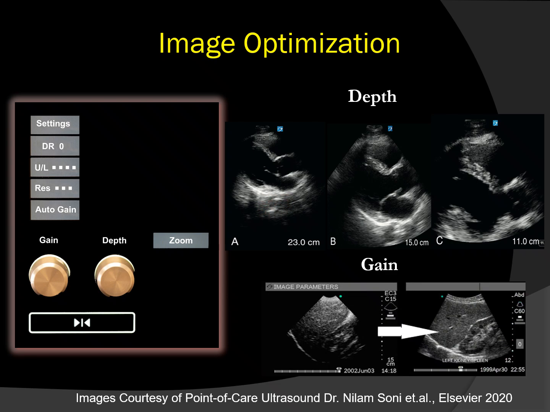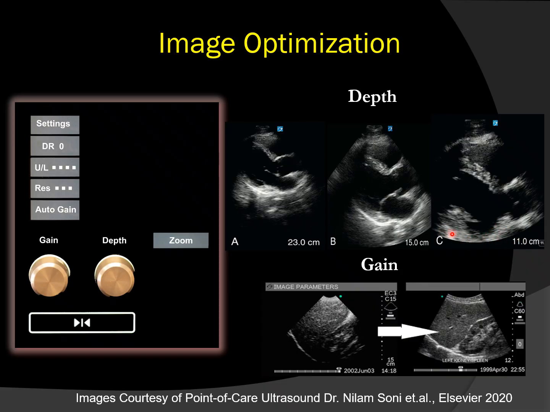And by having a lot of screen real estate that we are not using, the quality of the image, the foreground pictures, are not as crisp. So we try to avoid too much depth because that may affect the crispness of our image in the closer fields. If we move to panel C here, this is at 11 centimeters,